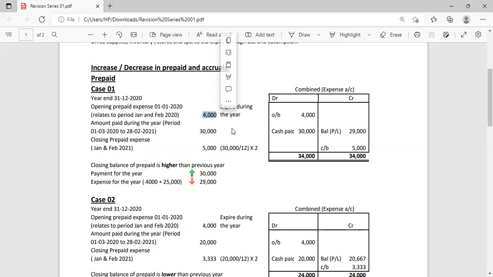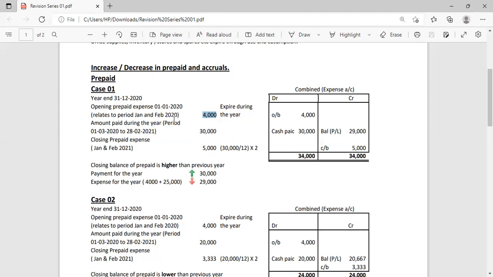You have to understand the nature of prepaid. Prepaids are those payments related to expenses which we have paid in advance, against which we still have to consume the benefit of those payments. The period of that payment has not yet expired. The period for which the amount has been paid is yet to expire. Like in this case, the amount was paid in the last year, but the months fall in the next year. Here you can see the period is January and February 2020,